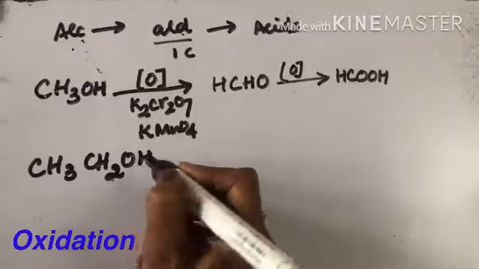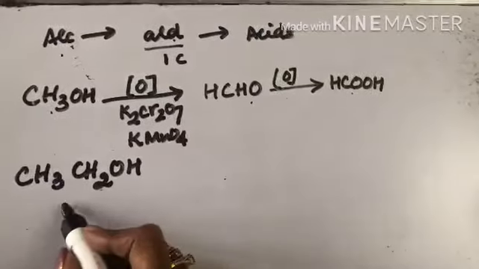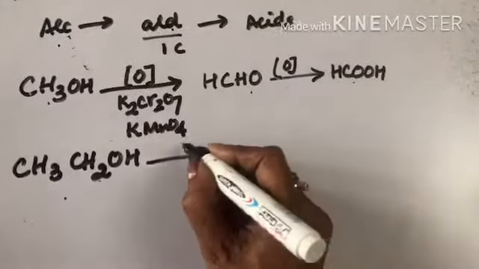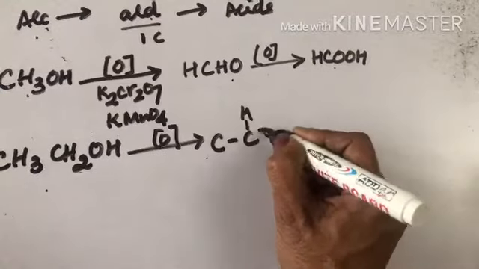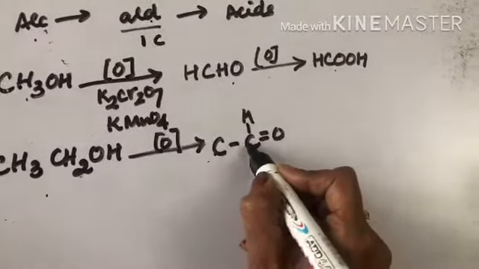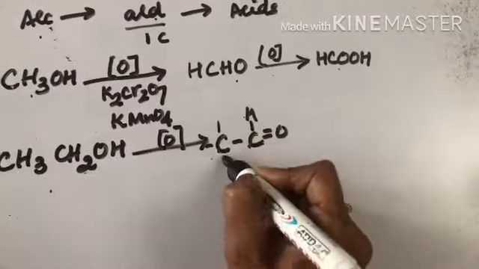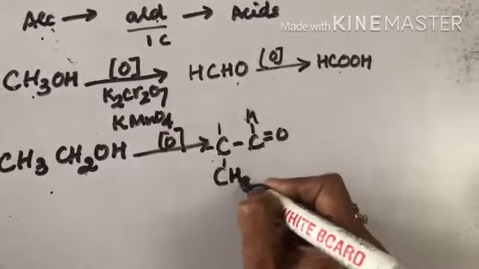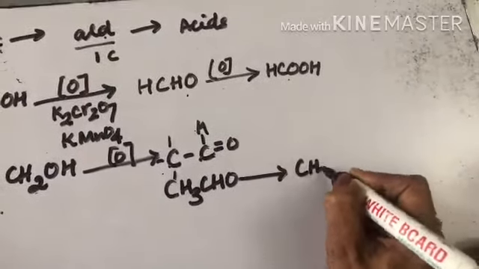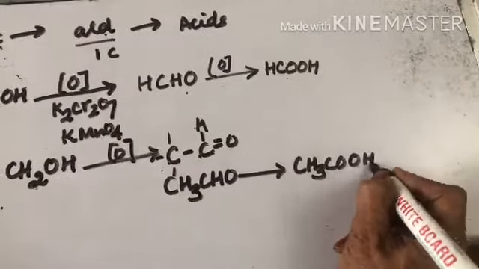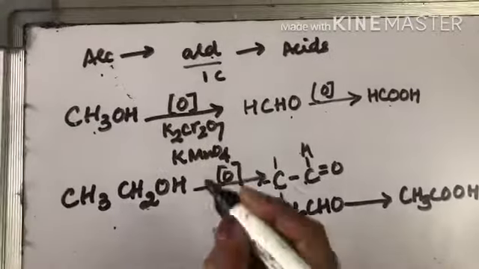Right? Now if I want to start with two carbon atoms, then I'll take the second one, CH3CH2OH, which is ethanol. So this was methanol, methanoic acid. This is now ethanol. On oxidation it will first give me an aldehyde containing two carbon atoms. So first write down two carbon atoms. On this carbon atom put down an aldehyde. This will get 3 hydrogens. So this becomes CH3CHO. Further oxidation gives me acetic acid, CH3COOH.